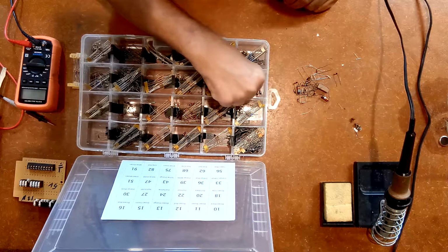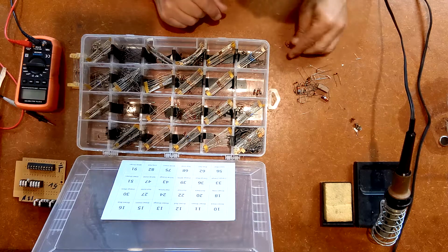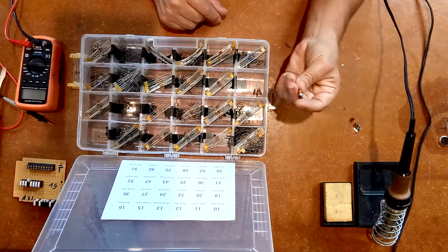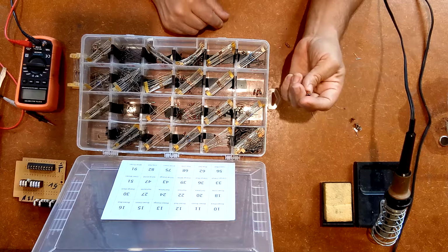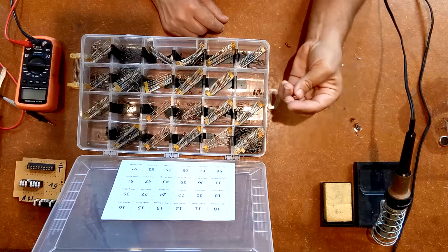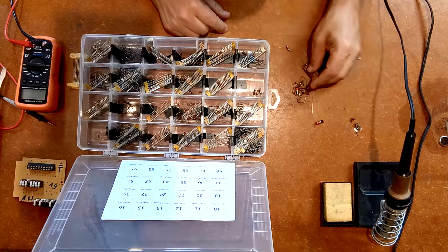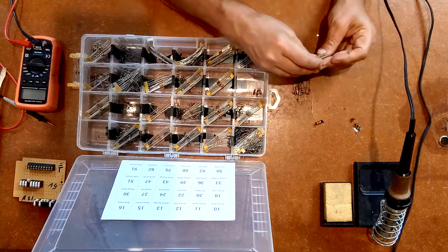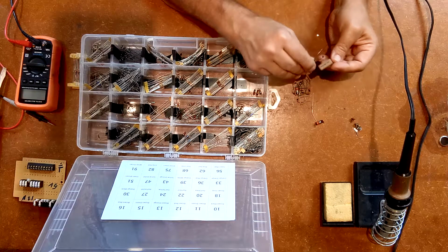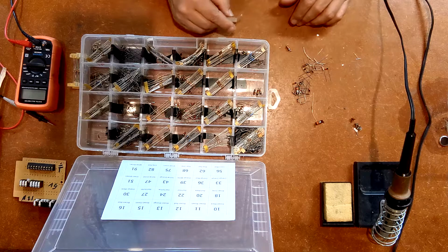And okay, I can see I've got a 330 here, but I think I need them to be a little larger. What I was hoping was that this really big one here, which looks to be about the same wattage, would be appropriate, but it actually looks like that might be a 3.3 ohm. I need 330. I do have a power resistor here. It'll probably fit in there. What do you know? 330 ohms. How perfect is that? Okay, so